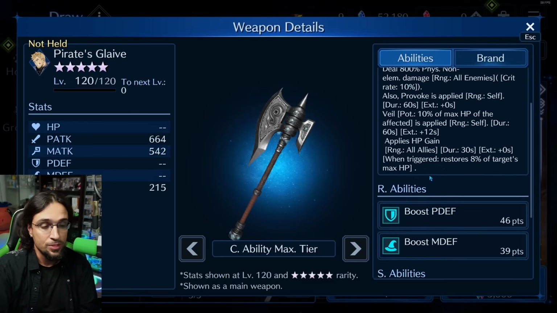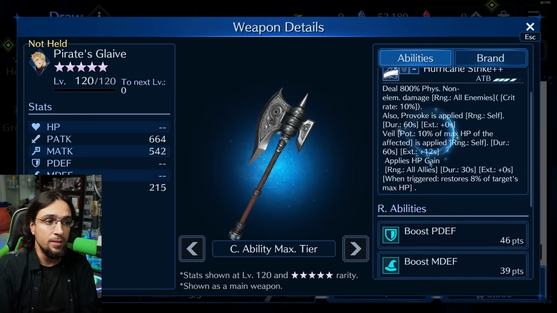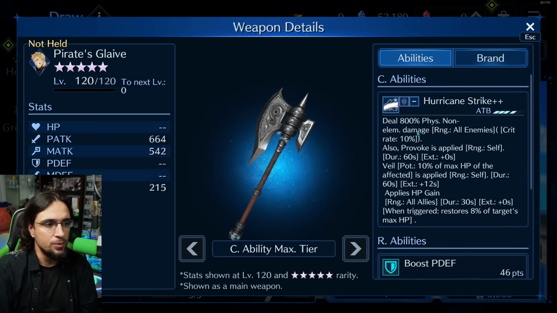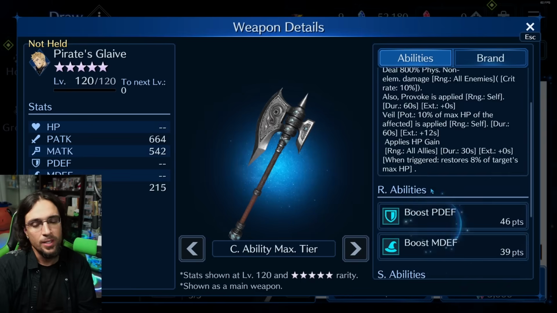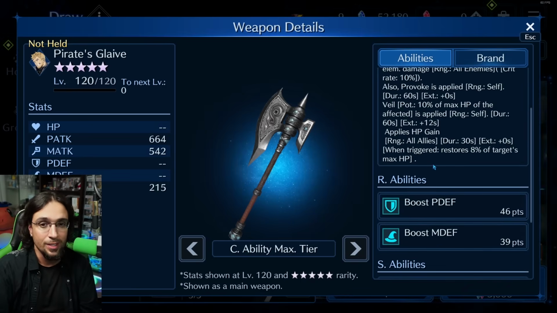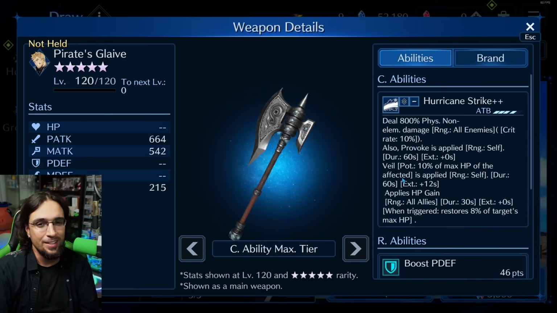Yeah, I think this weapon's incredible. At OB10, damage 800%, non-elemental, doesn't really matter. Provoke stays the same. Your veil goes to 10%, and you go 8% on HP. Really, really consider if you need a tanking character, especially with Glenn's new ultimate weapon. Excuse me, this is one of those weapons that are going to be able to just put him back up